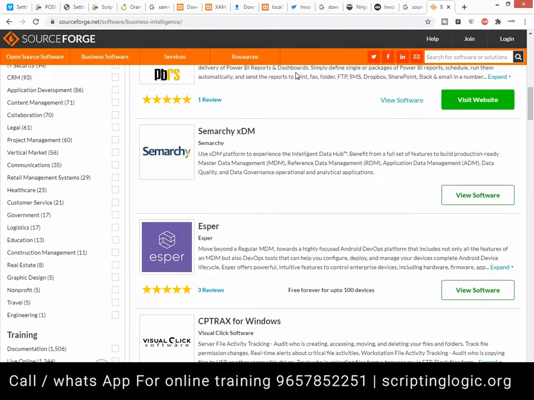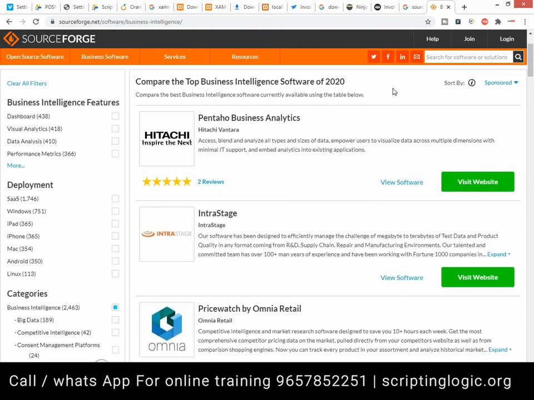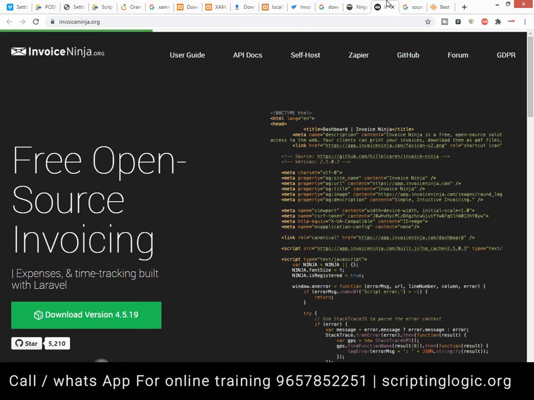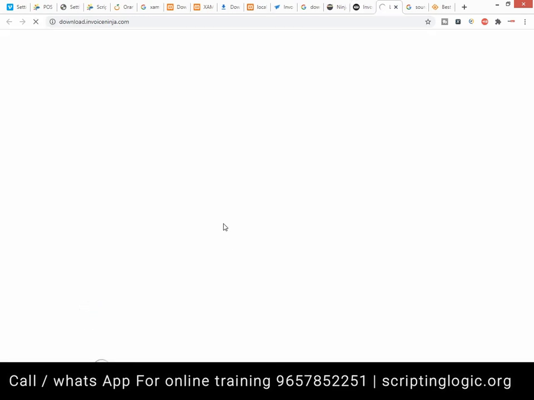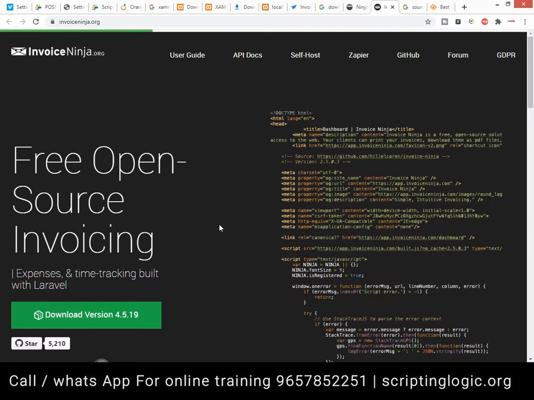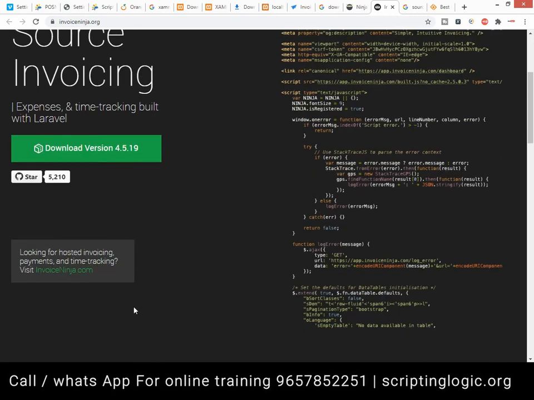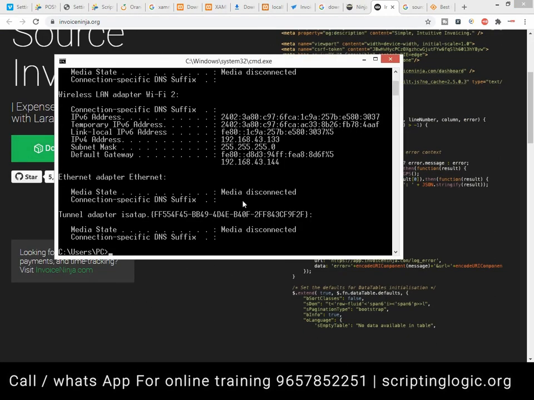Fine. So now let me download this old version 4.19. I'm not sure whether we'll be able to install it successfully, but let's try, because last time I tried this I got several issues, though on a server I have installed it. Let me create one database here while it is getting downloaded.